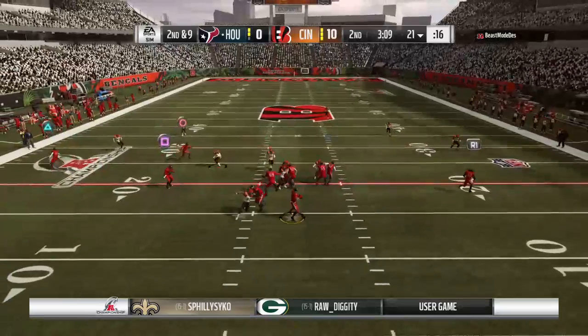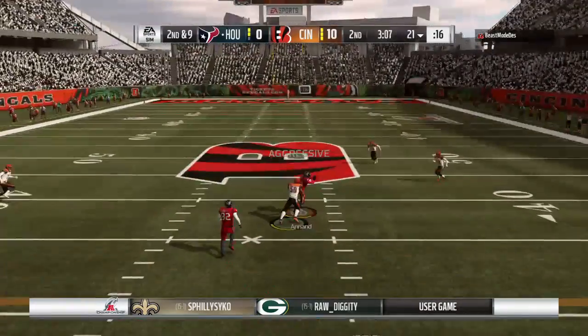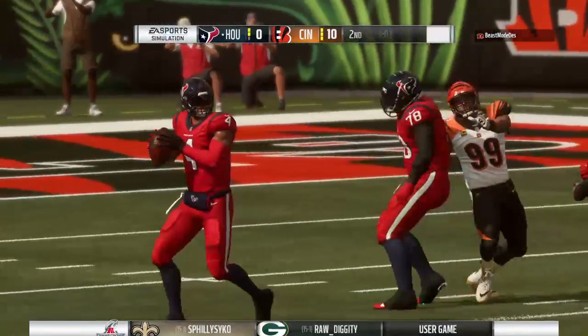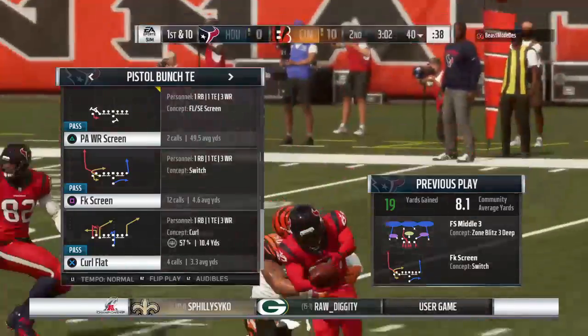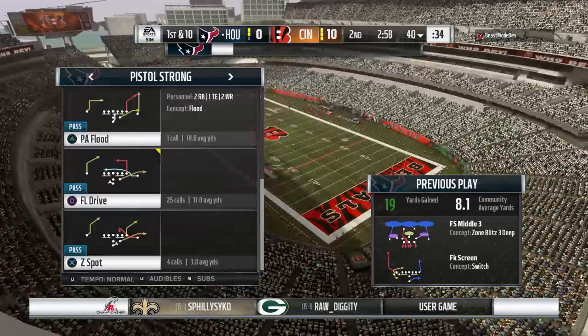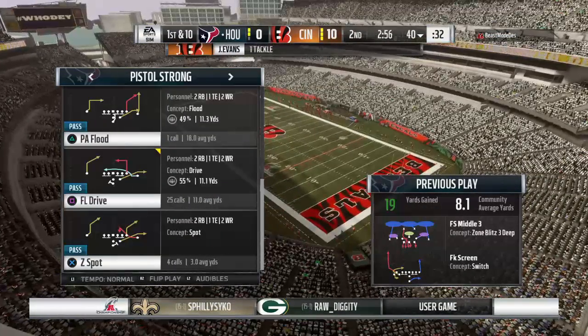On 2nd down, here's Watson. Going down the middle, and it's complete. Tally, that is catch number 1 for him in this AFC Championship. It's a first down. An ex-teammate used to tell me all the time, I hate experienced quarterbacks because no matter